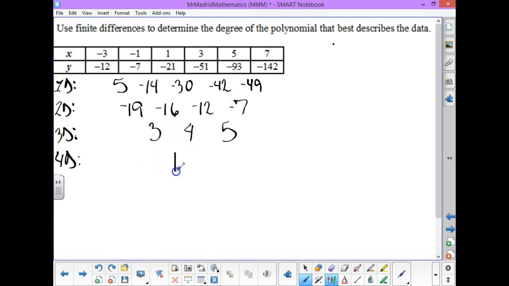From here to here, we get a 1. From here to here, we get a 1, and bingo. This indicates a constant difference. Now, the fact that it took us 4 differences, we now can say that this would be a polynomial of degree 4,